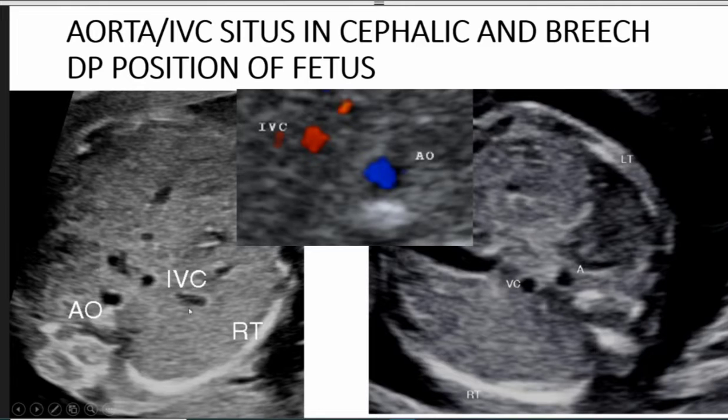For the upper abdomen view, we need to look at the aorta, the IVC, and their relationship, and we need to show the absence of any other vessel in between them at the level of the upper abdomen. Aorta is immediately anterior and to the left of the spine. IVC is a little more anterior to the spine and slightly to the right. That's the normal relationship of aorta and IVC.